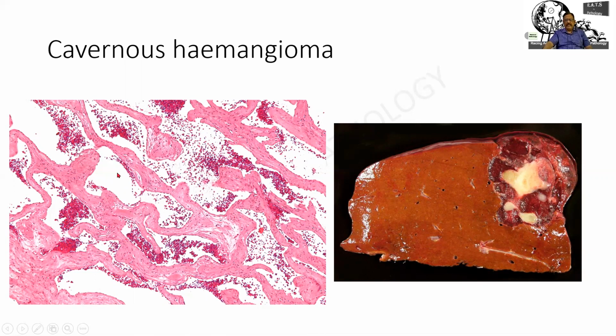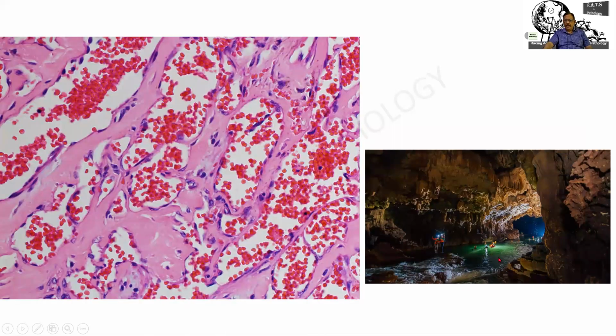And the word cavernous means cave-like. Look at this. There is a large cave, and I'm able to see some kind of tunnels that is leading me somewhere else. And here the blood vessels have got that kind of an appearance. They are large, cave-like, walled by a media as well as the endothelium. Sometimes there can be anastomosis.